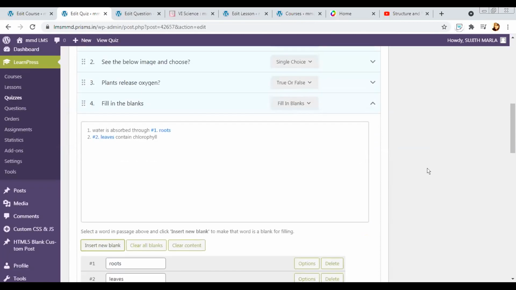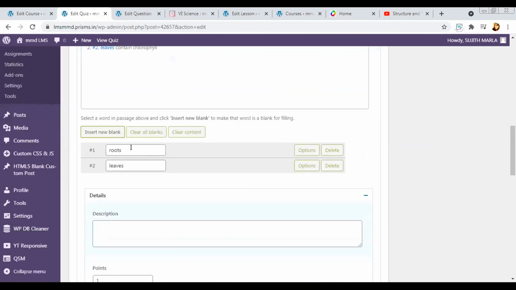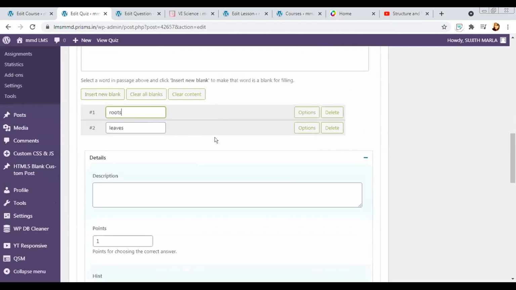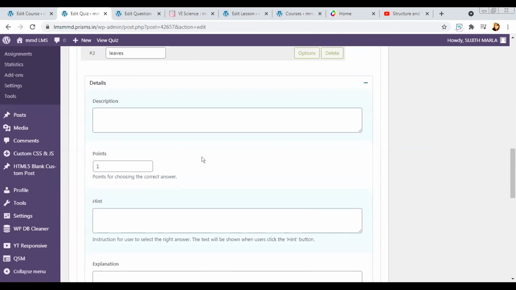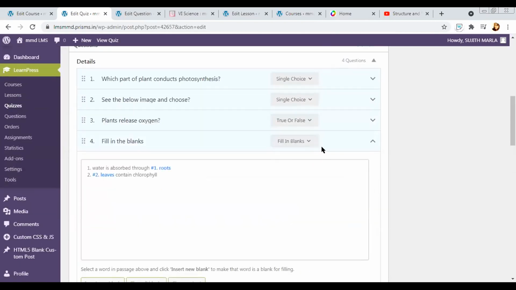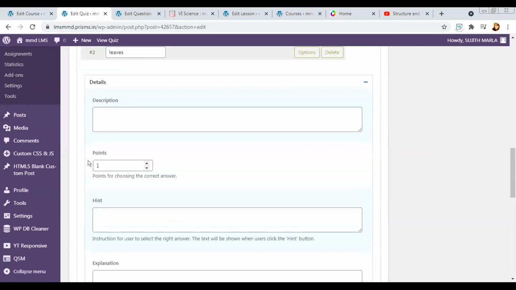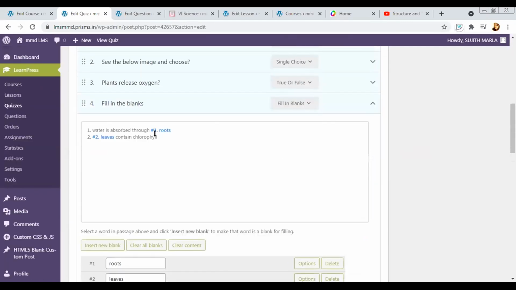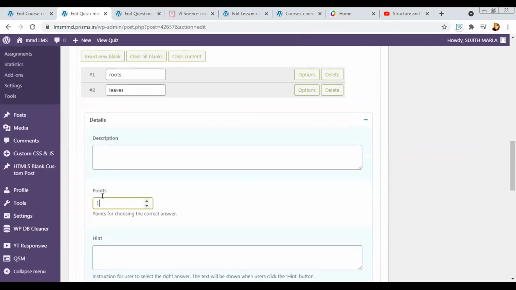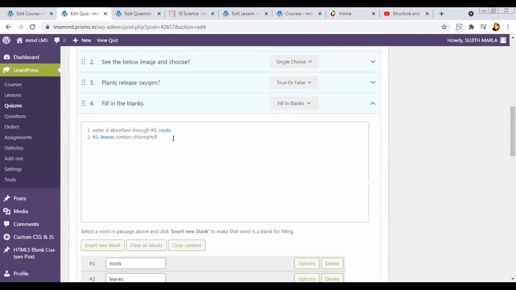In this way, like I said, if you have a passage, you can directly copy paste the passage, and in that you can decide which words you want to be blanks. You can see the blanks you have over here, and if you want, you can make any changes in it. And you can decide how many marks there are, and automatically the system divides the marks. If I have kept this for 1 mark, then each blank will be considered as 0.5 when answered correctly. If I keep this for 2 marks, then each blank will be considered as 1 point. So that's how you can use fill in the blanks.